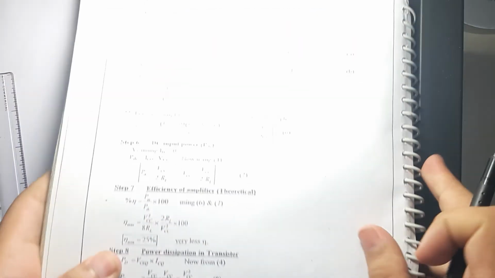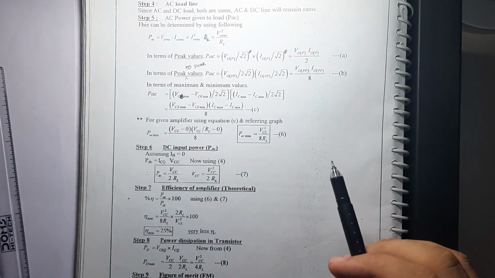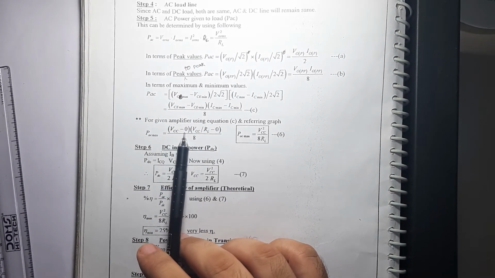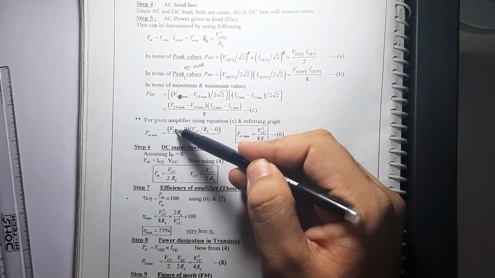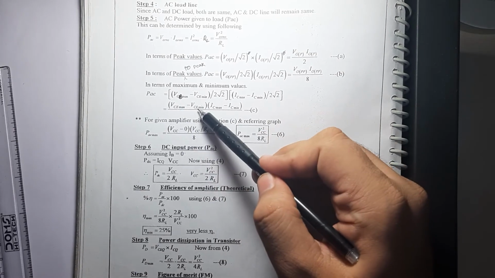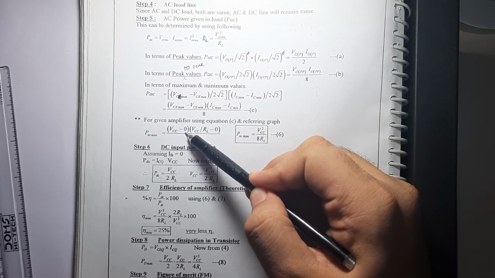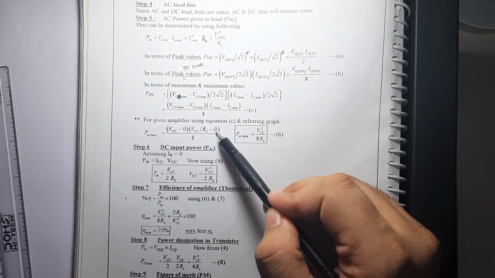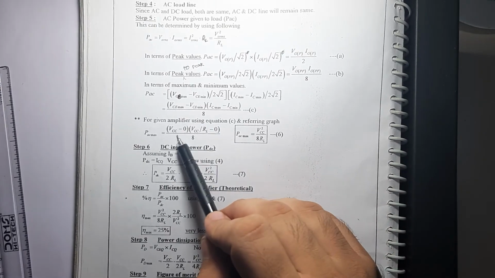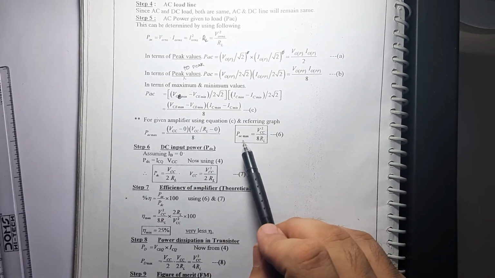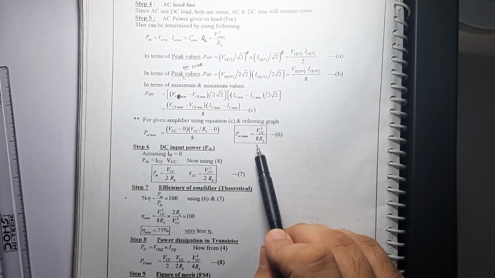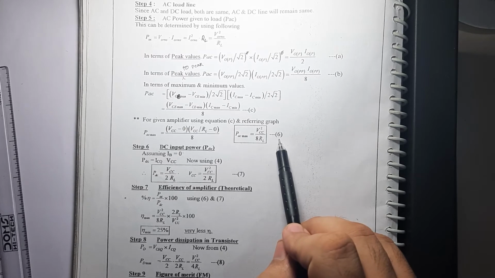Hence your equation now becomes, if my children have remembered carefully, your VCE max minus VCE min becomes VCC minus 0. Your VCC was nothing but VCE max, and your VCE min was nothing but the minimum point, that was 0. Similarly, my IC max was VCC by RL, and my IC min was 0, upon 8. If you open the brackets and multiply, you will get the value of PAC. The maximum value that you can get is VCC square by 8 RL. Please, bacha, make it a box, write it as number 6.